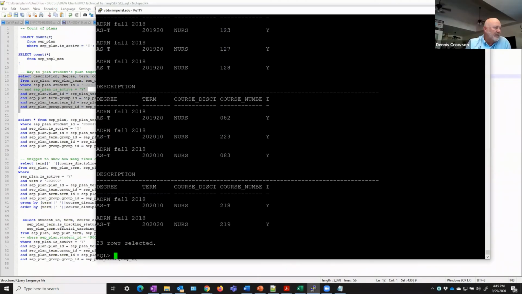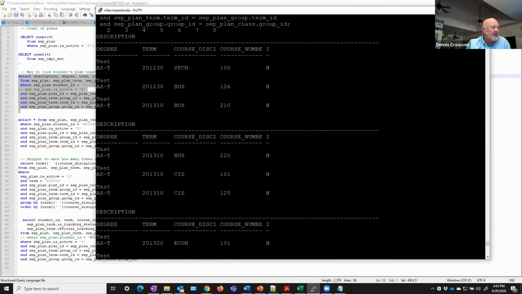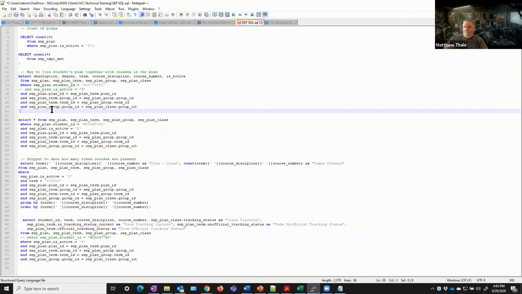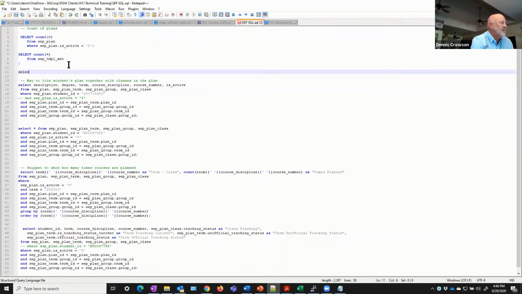And it would probably look better if one of you guys ran this, but here's the nursing classes, and you see the active plan is yes, and then here's the other plan's classes are no. The other thing, I just want to see the plan itself. So I'm just going to say select the